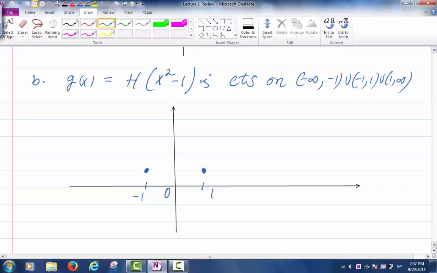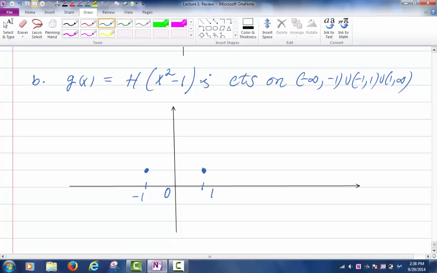Okay, between -1 and 1, is x squared minus 1 positive or negative? If x is between -1 and 1, x squared minus 1 is negative, and h evaluated at a negative number is